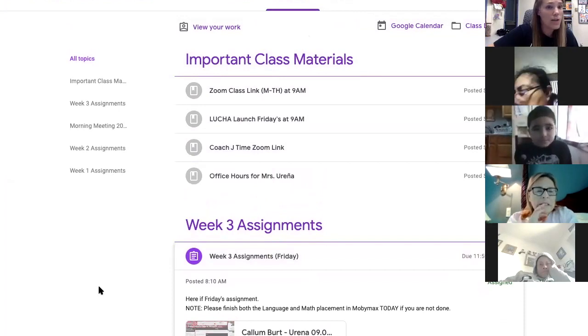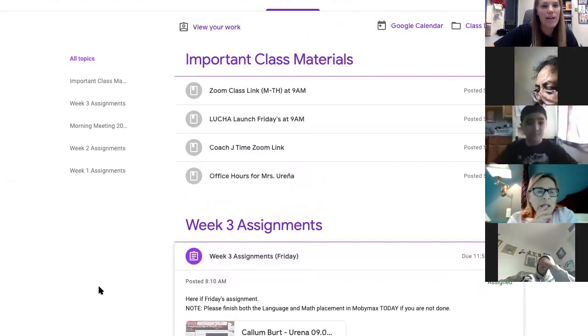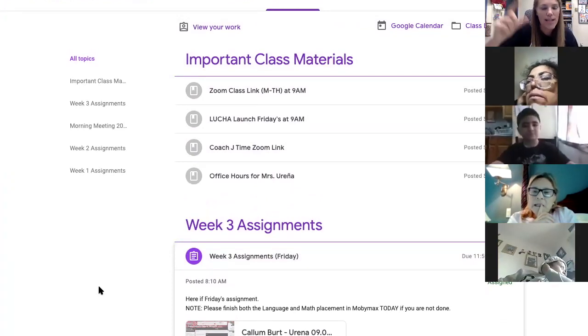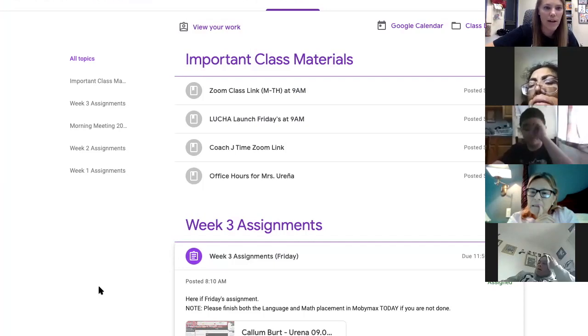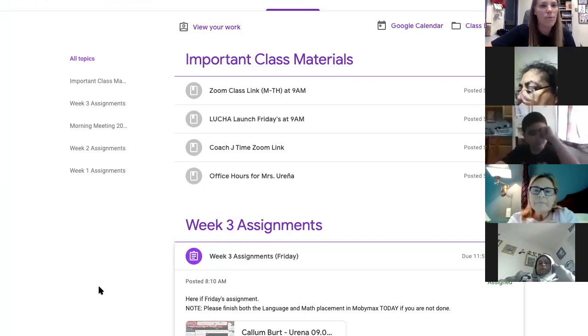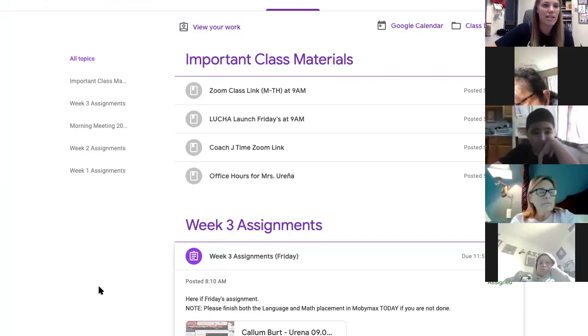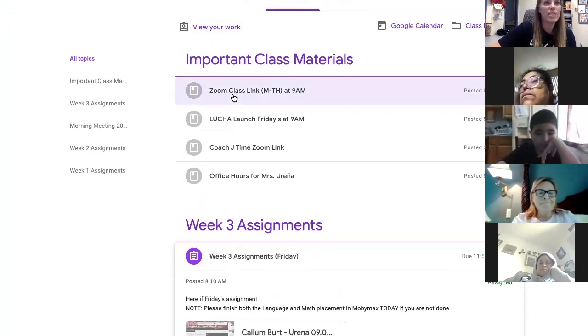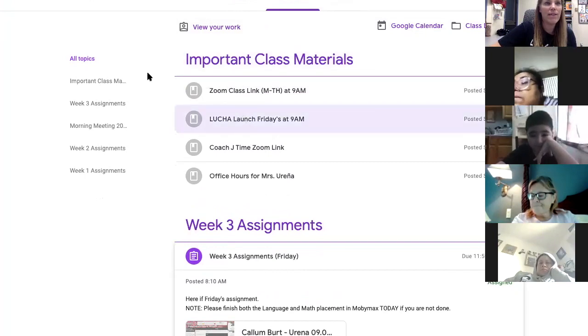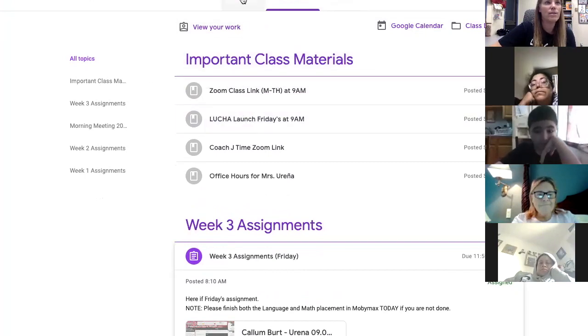Our Lucha leaders do not have email addresses, so they cannot email each other, but if they were to have email addresses, that's where they could get the email contact info for their classmates with their ARUSD Gmail, but we haven't turned that on for our elementary students, so they cannot email each other. Okay. All right, so any questions about any of those three tabs?